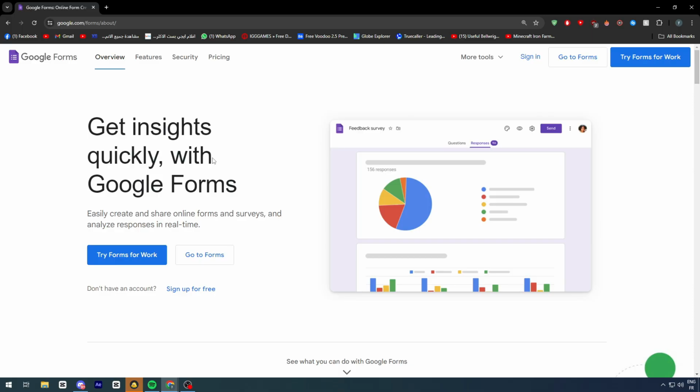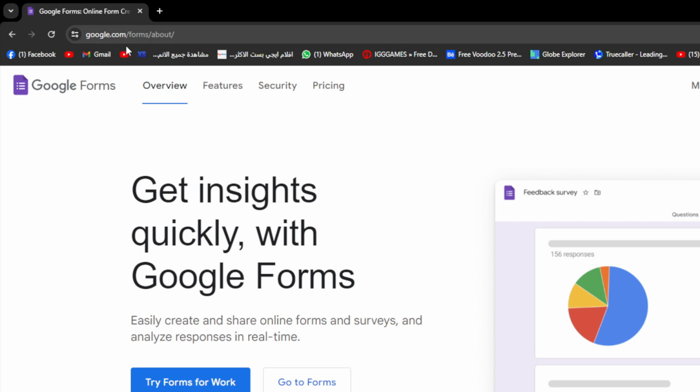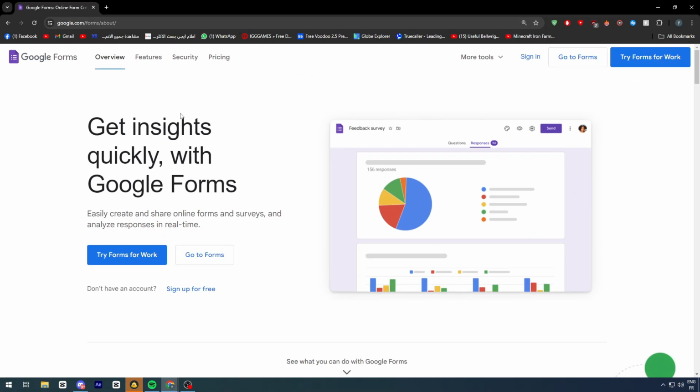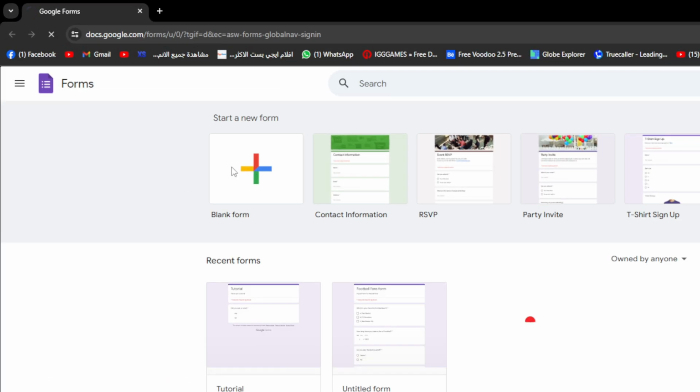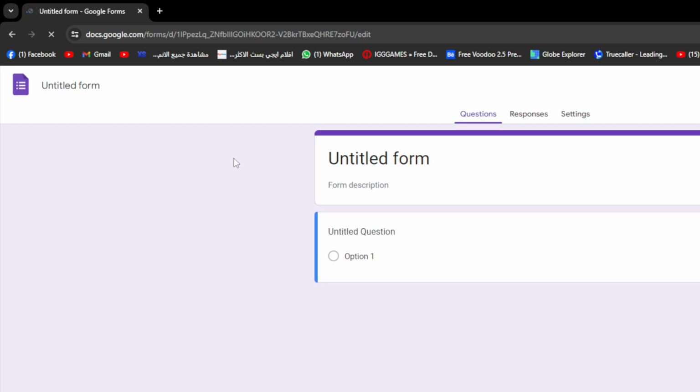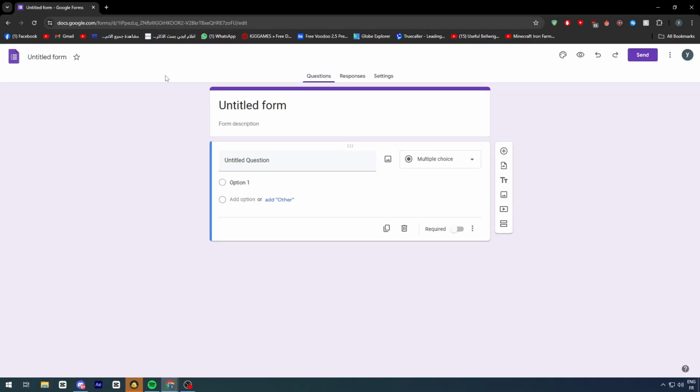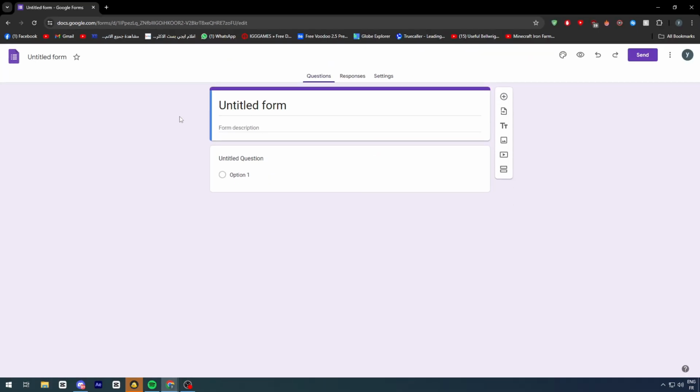So first thing first guys, you need to go ahead and open google.com. Then after that, make sure to sign in right through here and you will be able to open the forms area. What you should do next is go to the blank form and create a form from scratch. Now the form can be created very easily by putting in some questions, giving it a title and a description, and